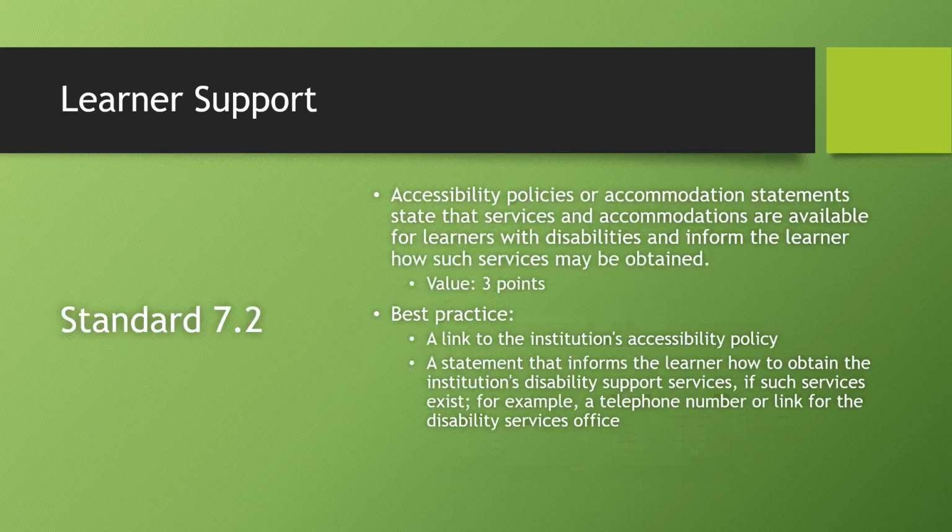Standard 7.2, this is a 3-point value, and it says accessibility policies or accommodation statements state that services and accommodations are available for learners with disabilities and inform the learner how such services may be obtained. So what you want to do is provide a link in your course to the institution's accessibility policy. And then you want to provide a statement that informs the learners of how to obtain the institution's disability